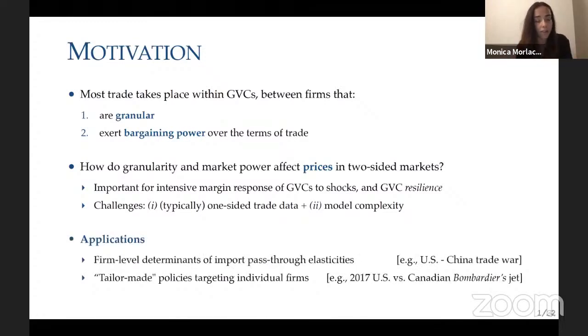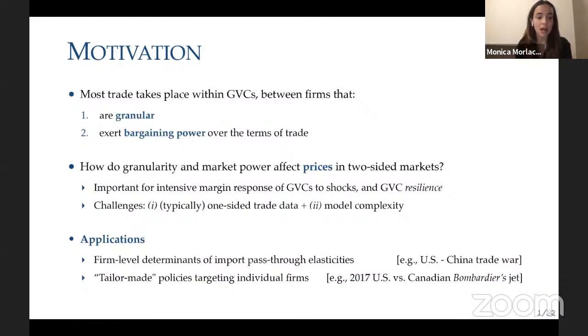However, a theory of two-sided market power in trade can have a number of important applications. The first is about the firm-level determinants of pass-through elasticity onto import prices. This, again, is a timely question given the wide debate on the recent US-China trade war. Studies have shown that following the tariffs imposed by the US government, there has been an almost complete pass-through into US import prices and US consumer prices as well. This is surprising from the point of view of standard frameworks in international trade and macro, which predict that pass-through is incomplete